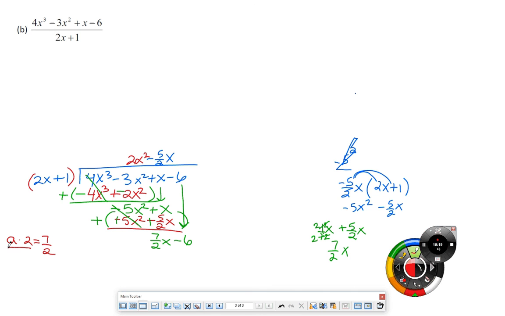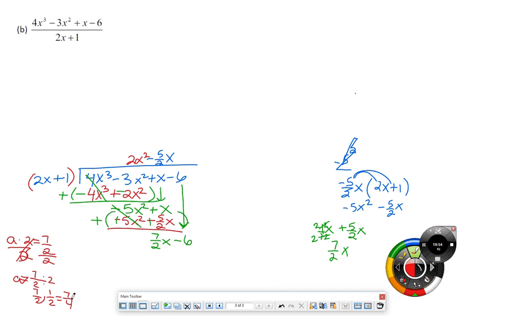Now, some of you then hate this because you have 7 over 2 divided by 2, and you're like, I don't even know what that is. Write it out like you used to in elementary school. 7 over 2 divided by 2. That's the same as 7 over 2 times 1 over 2. So that is 7 over 4. Okay? Again, some of you are fast like Ms. Dahl, I don't need to do that. Fine. But those of you that are like, I don't know how to do it. If you can add and multiply fractions, you can do it. You just have to do work off on the side. Okay? So I'm going to choose 7 over 4,